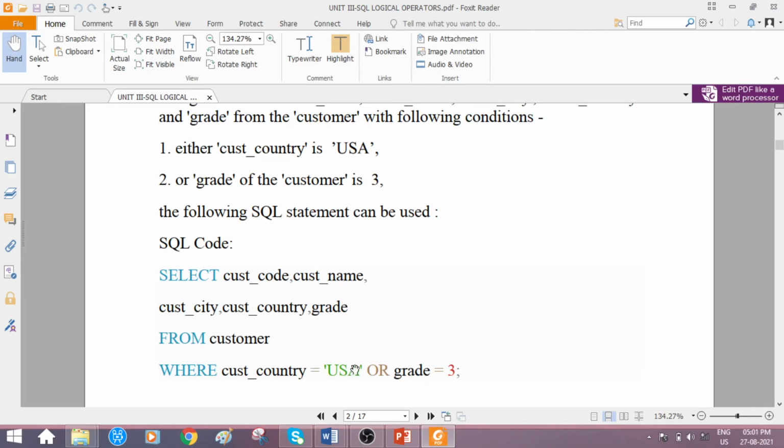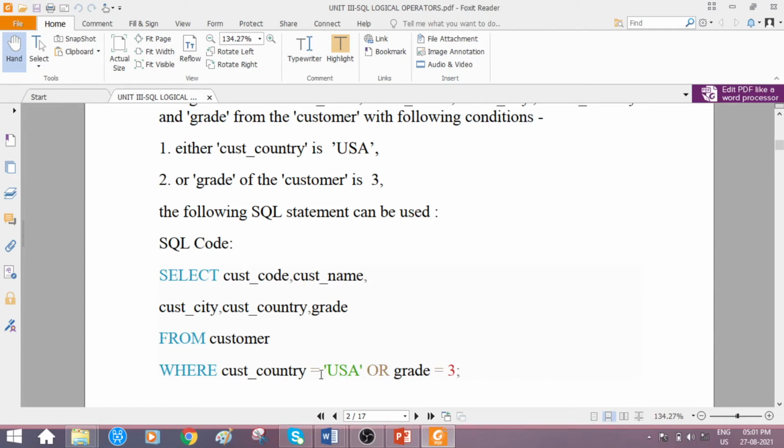If either one of the conditions is returning a true value, then those customer details will be displayed. If both the expressions, customer country and grade, are false, if the customer country is not matching USA and the grade is not matching 3, both are what, false, then it doesn't consider that particular row value in the customer table.